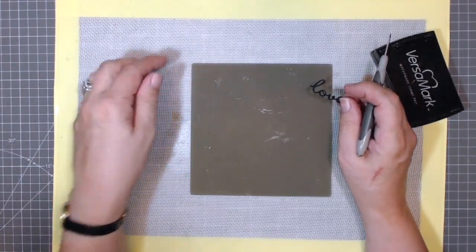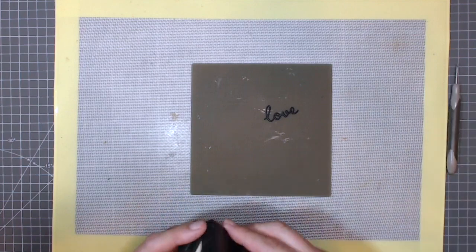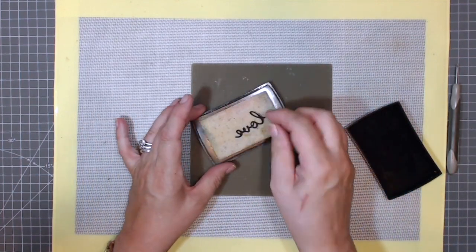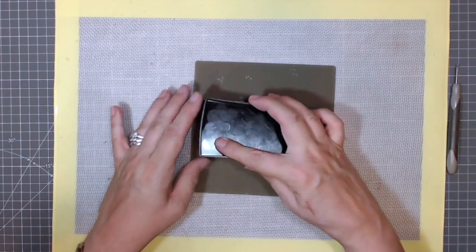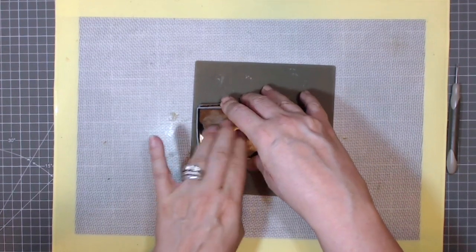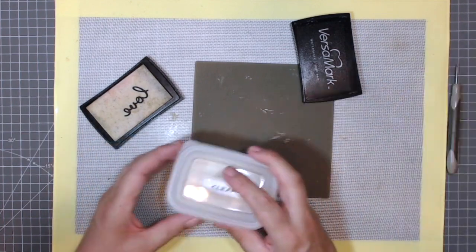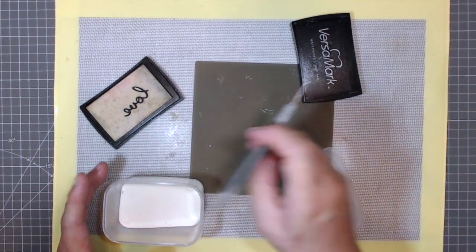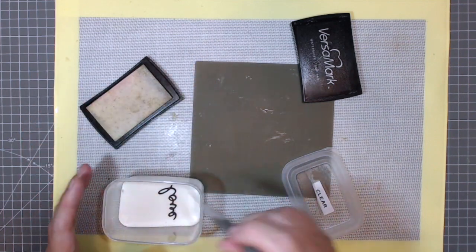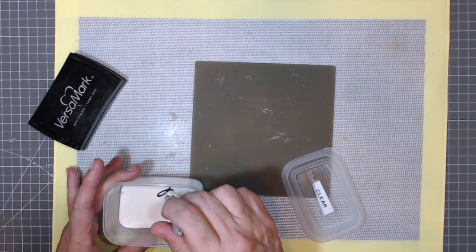I'm going to do a little bit of heat embossing, so I've got a heat proof mat on my work surface, and I've cut out the word love out of my basic black, got my Versamark ink, and I'm just going to squash it upside down into the Versamark, and then I'm going to pick it up carefully with my piercing tool,